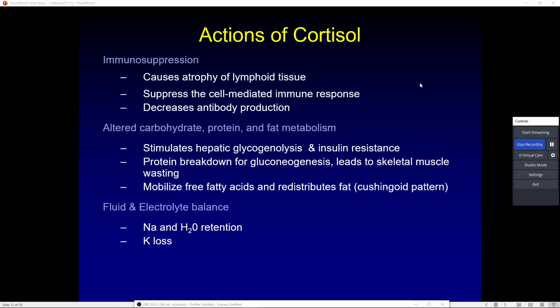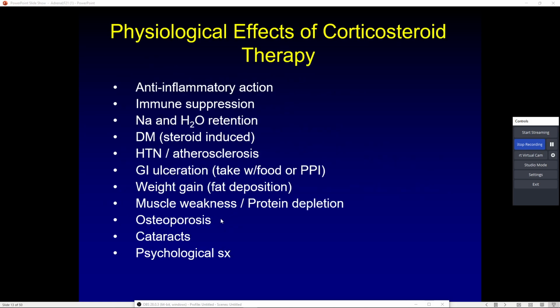Okay, and then on the back end, we've already talked about it. We're pulling in more sodium. We're pulling in more water. We are losing more potassium in that distal loop where we typically would be reabsorbing it more. It also affects your magnesium level in a very passive manner, but typically we don't see hypomagnesemia due to the cortisol elevation. That's a very latent side effect. You're talking, I've been in cortisol elevation for decades at that point. But this is more to do with aldosterone than it is to do with cortisol. Anyhow, just keep it in the back of your head. We're messing with electrolytes and fluid balances.